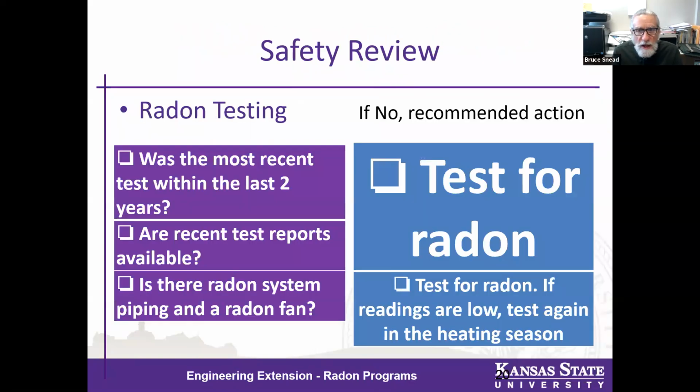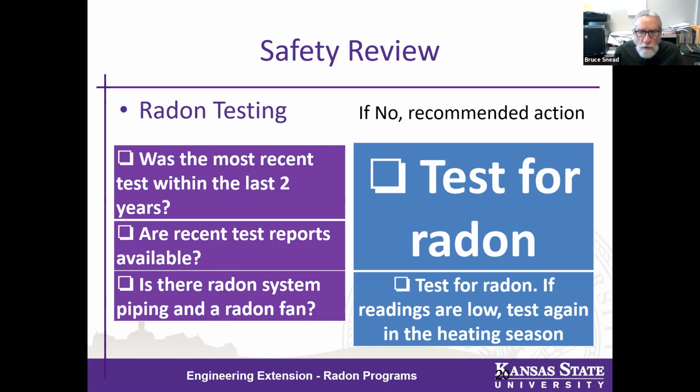So these next series of slides go through this inspection checklist that is part of the ANSI AARST home measurement standard. On the left-hand side of each slide, you'll see the focus or content area and the questions associated for the inspector. On the right-hand side, you'll see the recommended action if there is a no as the answer to the questions posed on the left-hand side. So we're going to go through this checklist, which obviously is not quite in this format, but for presentation today, this is how I've arranged it.